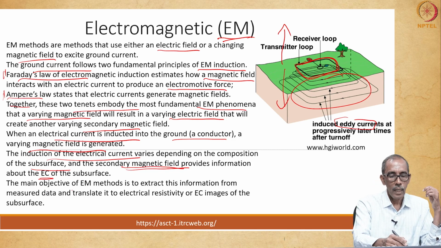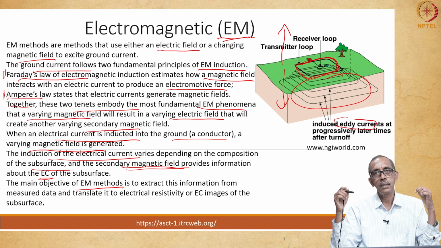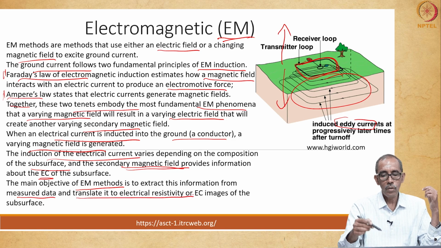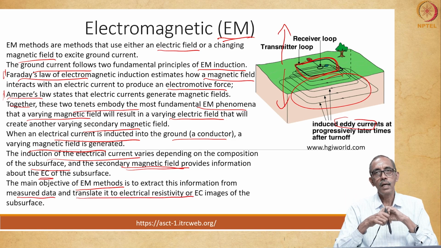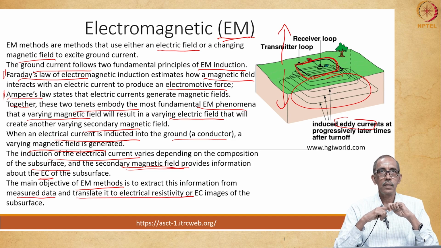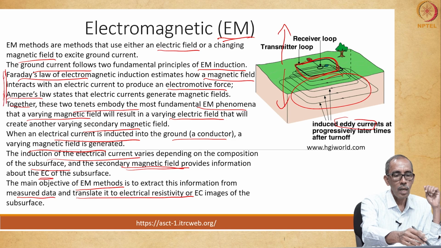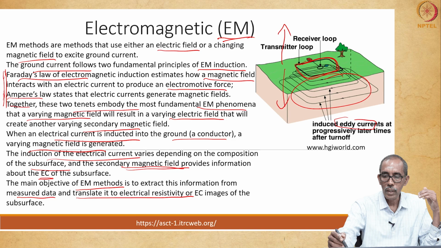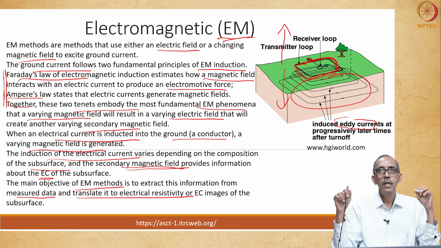Thus, the major aim of electromagnetic methods is to get this information from the measured data and translate it to electrical conductivity or electrical resistivity images of the subsurface. So, this is the principle of electromagnetic method. It depends on these two laws, where in principle what we are going to do is have a transmitter coil through which we will pass the current. This in turn will